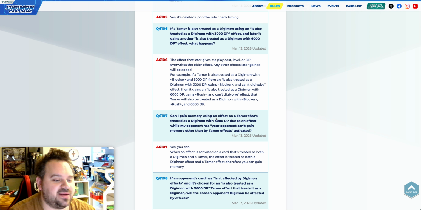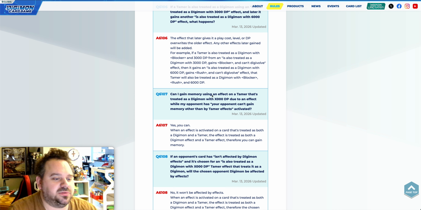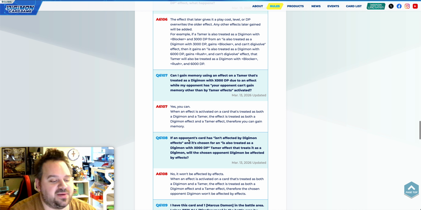Can I gain memory using an effect on a tamer that's treated as a Digimon due to an effect while my opponent has "your opponent can't gain memory other than by tamer effects" activated? Yes, you can. When an effect is activated on a card that's treated as both a Digimon and a tamer, the effect is treated as both a Digimon effect and a tamer effect, therefore you can gain memory. So it gets through